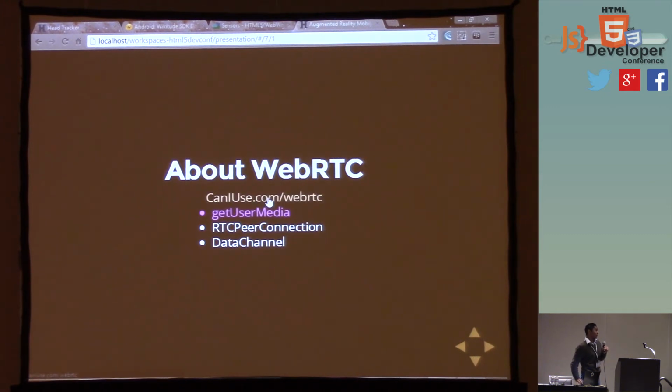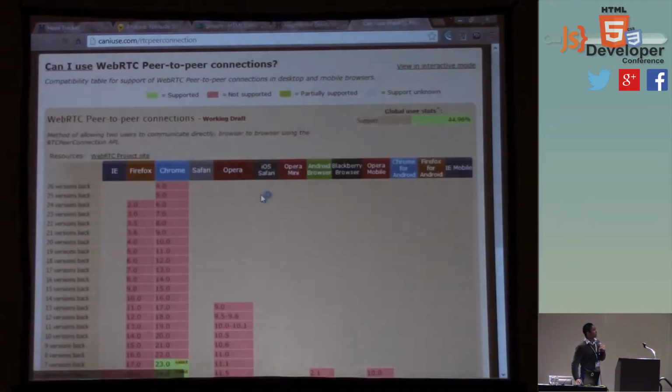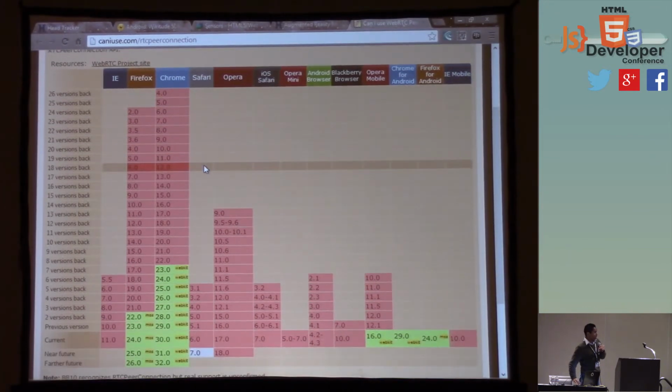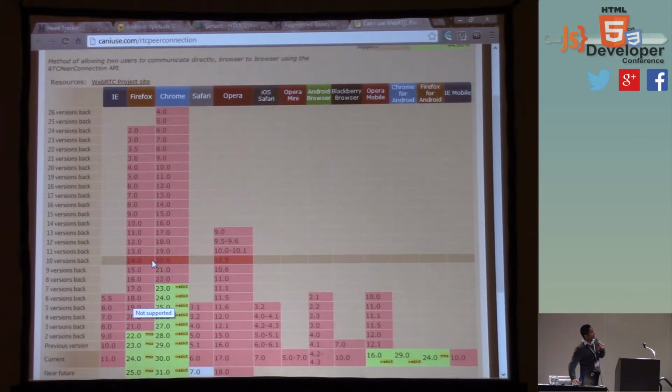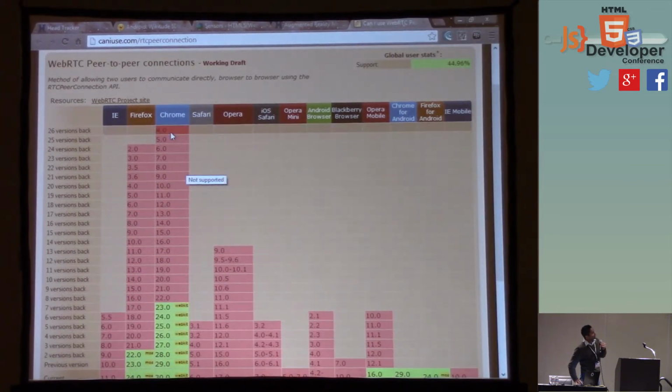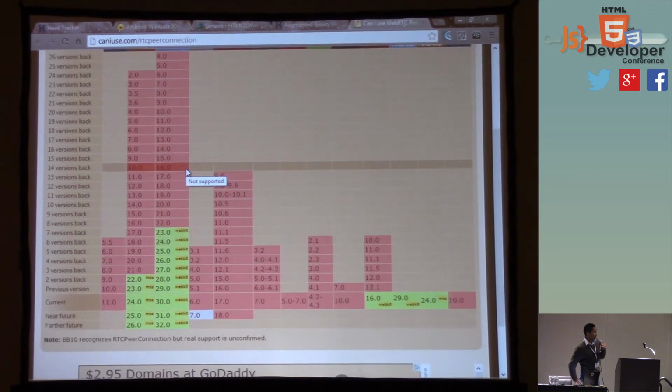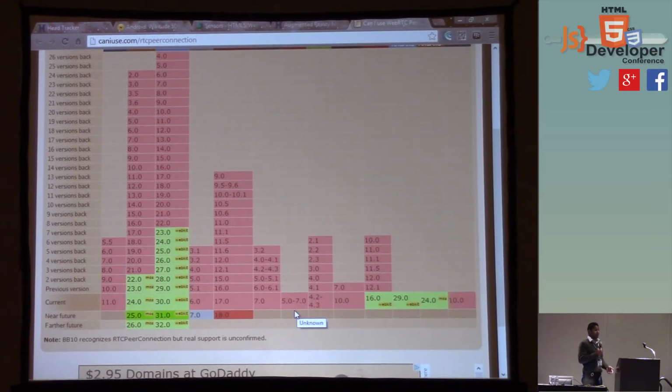A good website to use, just in general, for finding out what you can do on a browser is caniuse.com. Let me show this to you real quick. It tells you the feature that you're interested in. We're interested in the WebRTC feature, peer connection. It tells you what browser it's supported on. Most of the time it's right, sometimes it's wrong, especially with mobile. It's very important to have the device when you're doing your testing. The earlier you can put an app onto the device, the better, because you'll find things that are not working as intended. You would think that they work, but then there are little modifications that make the difference.